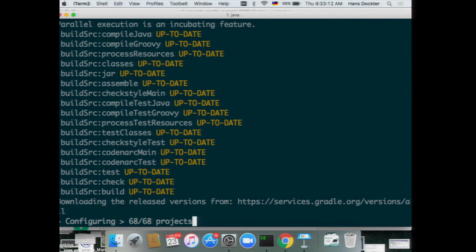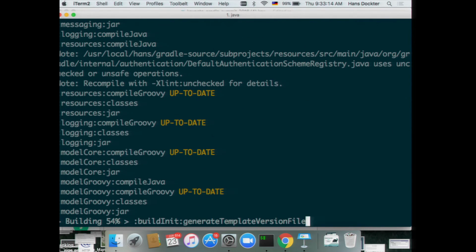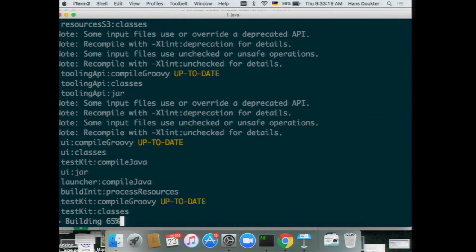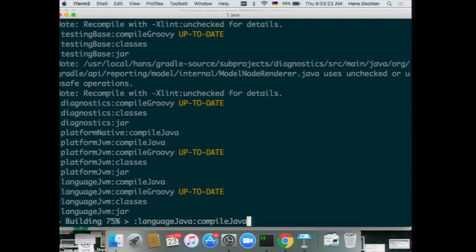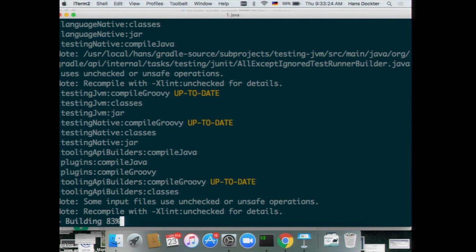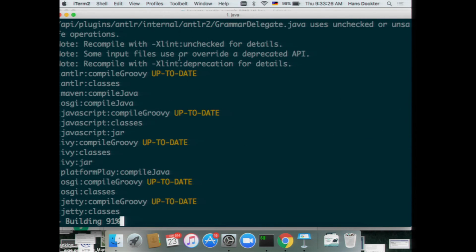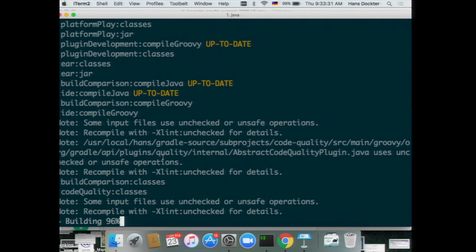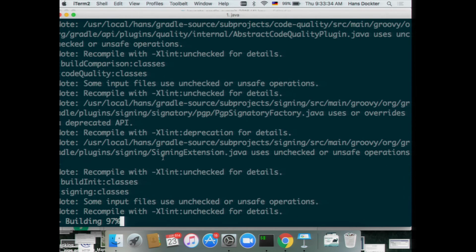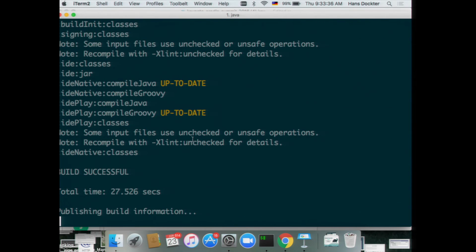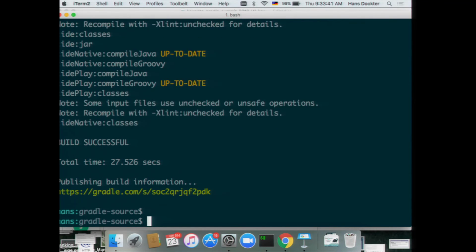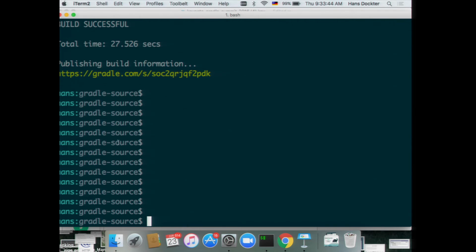So I'm starting this build, and Gradle is compiling. And what you will see at the end of the build is the following. So 97%, 99, here we go. And you see this URL at the end of the build. So I just make this a little bit higher. And when you now go to this URL,